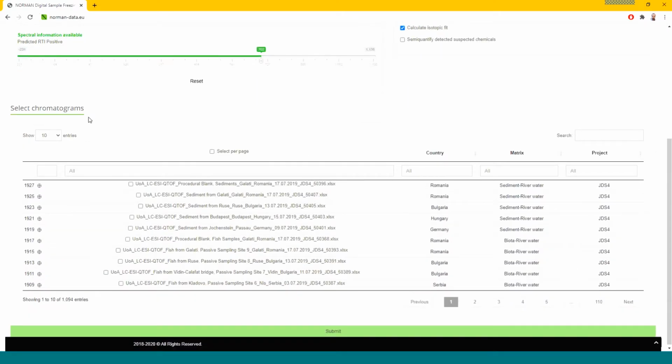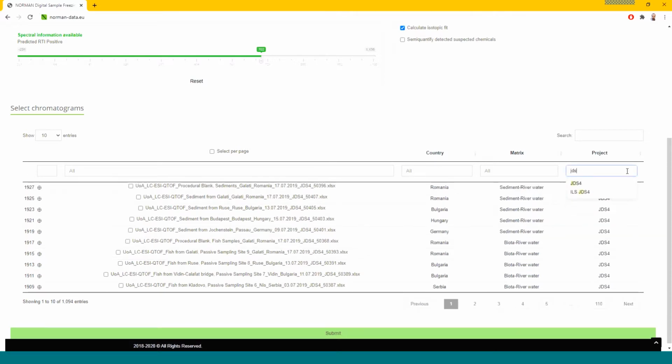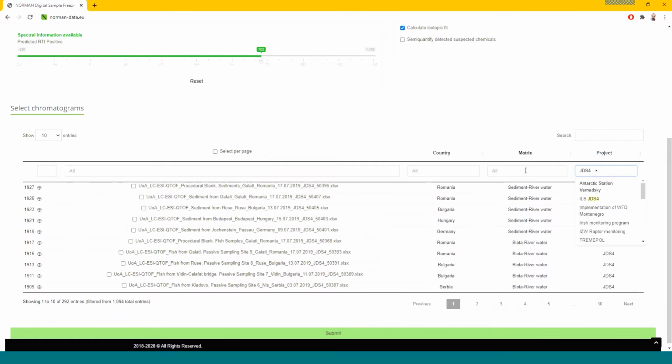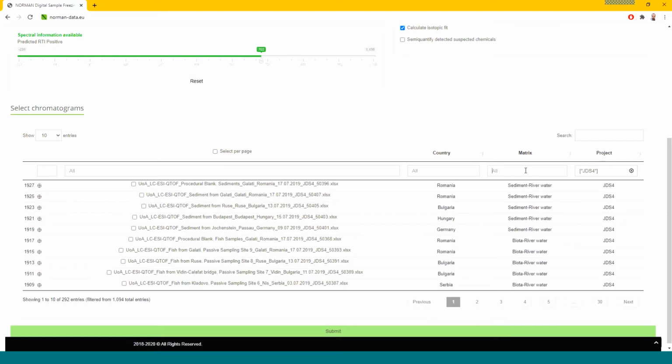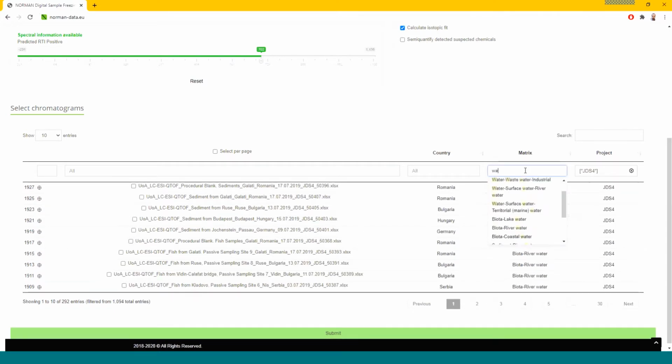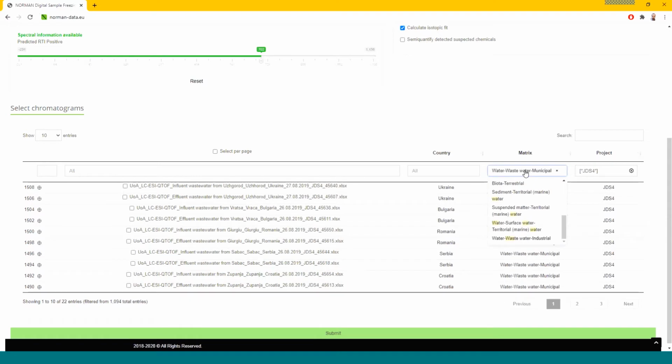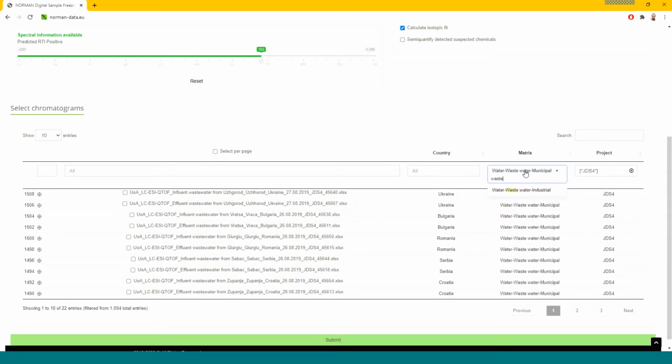In select chromatograms, we can filter based on the project, matrix, country, and also filter the contributor data based on keywords. In this example, we will select JDS4, and filter the contributed data based on matrix by choosing wastewater, municipal, and wastewater industrial.